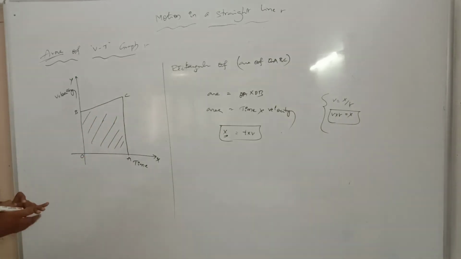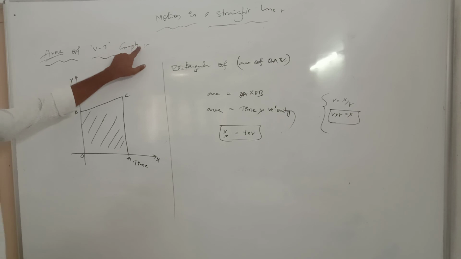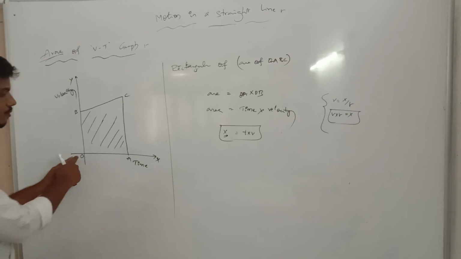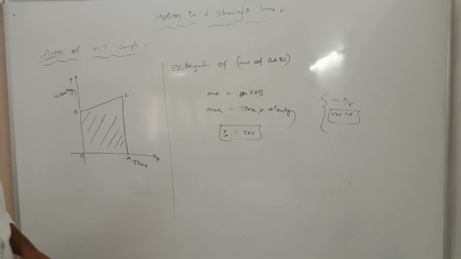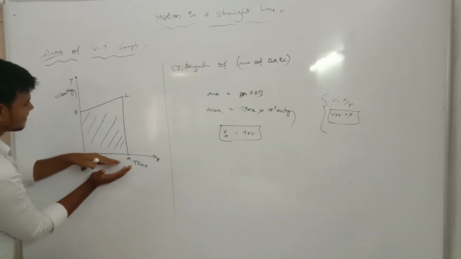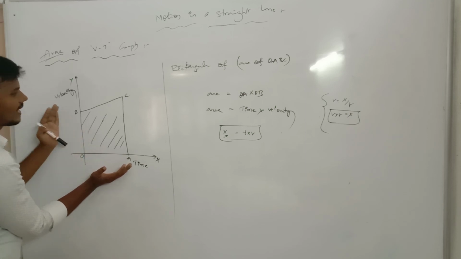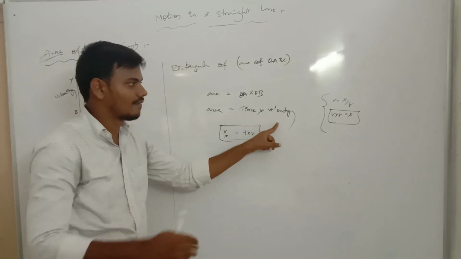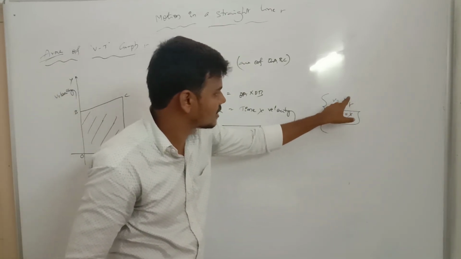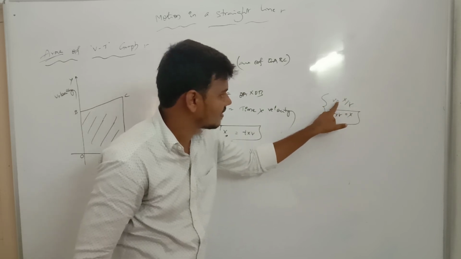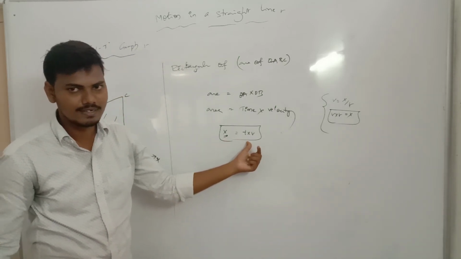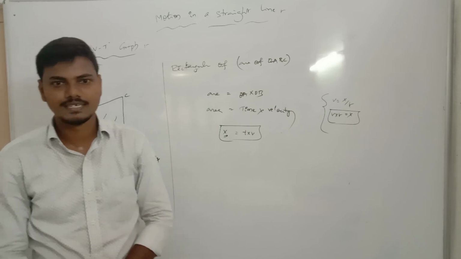Now this is the area of the displacement factor. Okay. Now we have the area of the velocity-time graph with respect to the displacement. Now this is the graphical position. OA is the time, OB is the velocity. Now the rectangle of area OABC: area is equal to time and velocity. Our previous lesson: the rate of change of displacement is known as velocity. Now velocity v into time is equal to displacement. So displacement is equal to time into velocity. Now this is the area of the velocity-time graph.